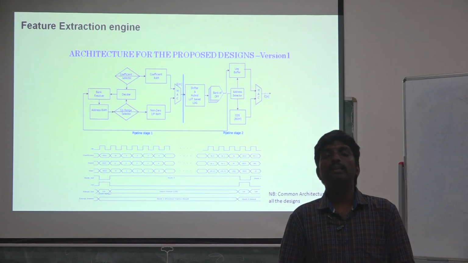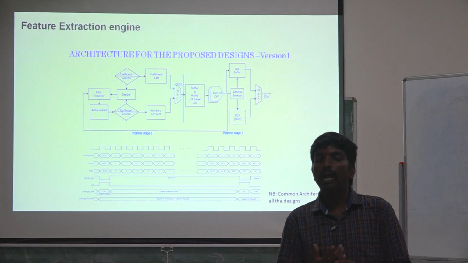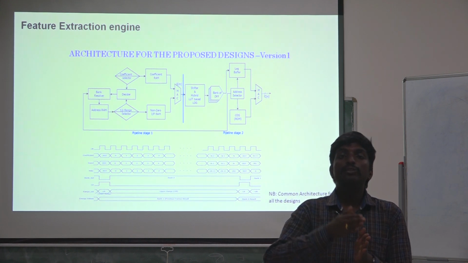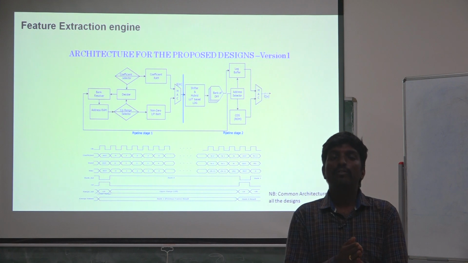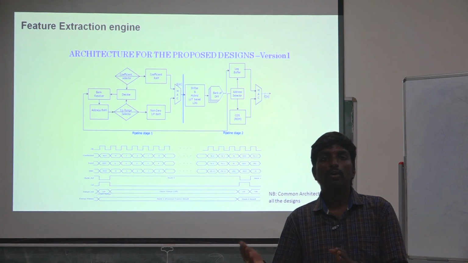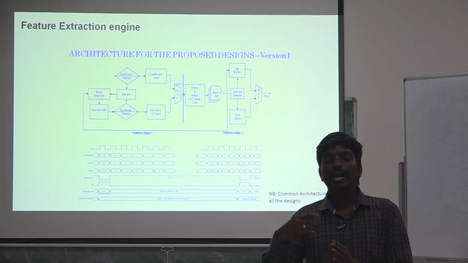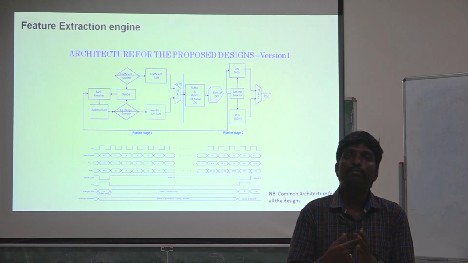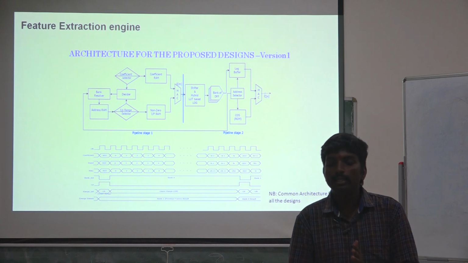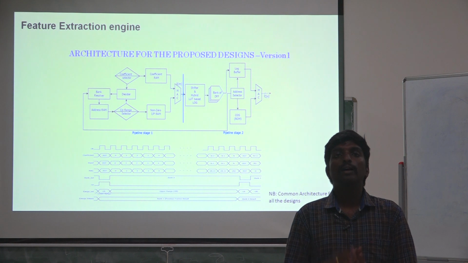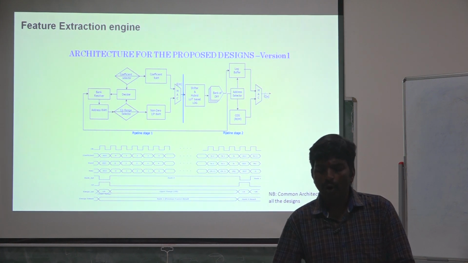Based on the address selector, the second MAC decides whether it has to give the first set of the feature vector to the output or not. Unless the address selector changes, the MAC keeps accumulating the entire value. Once the address selector changes from one state to the other, the MAC gives the output as a feature vector at the output node.